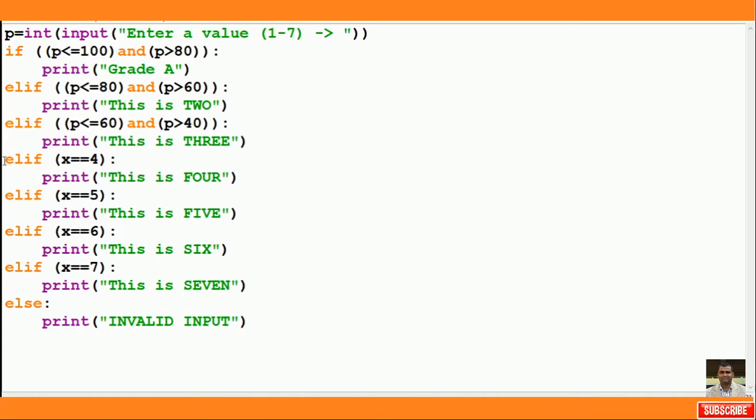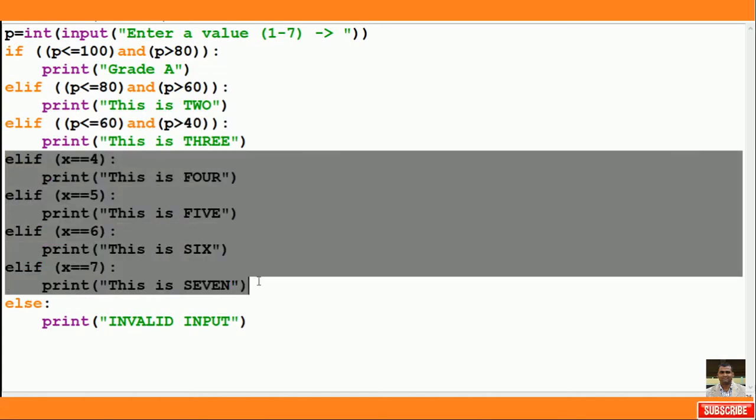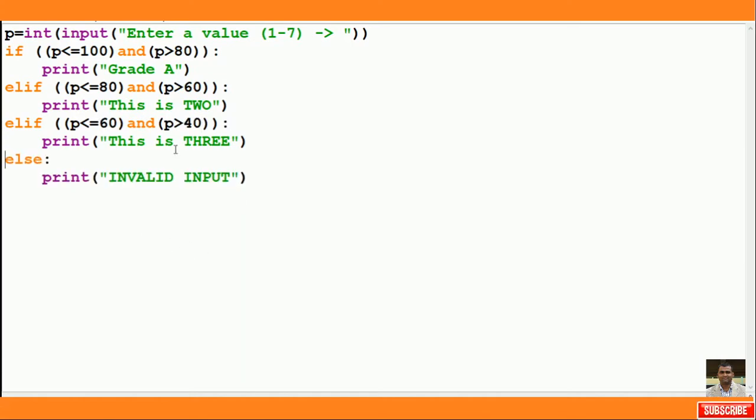And after that there is nothing required for this one, so I am deleting this. So anything which is below 40 or equal to 40, that will be given grade fail. Okay, and I am going to write here grade B. I am going to write here grade C, you see, grade C. Done. Just check. So do you think this program is going to run?